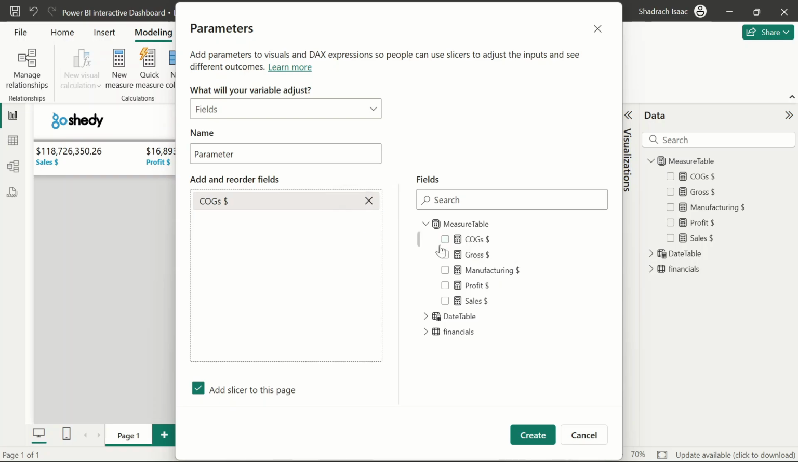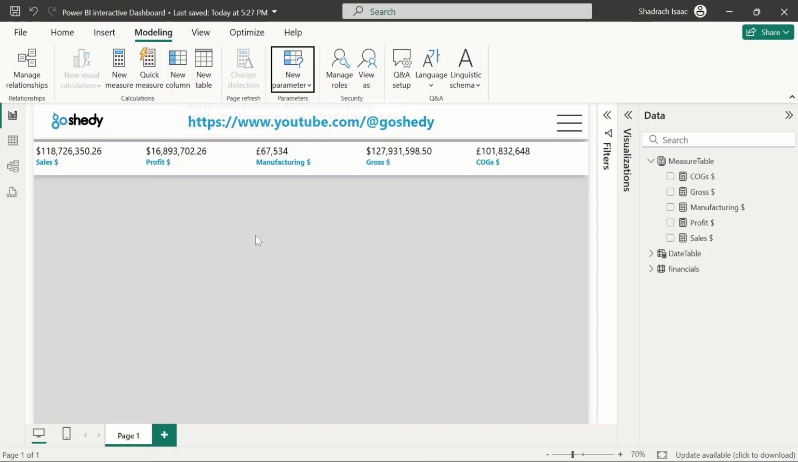Why are they doubling? This is different from this, right? They were looking the same. I'm using my eyes. Okay, this is cost, this is gross sales, this is manufacturing price, this is profit, and this is sales. So we do not want to add it to a slicer yet. So let's just come here and